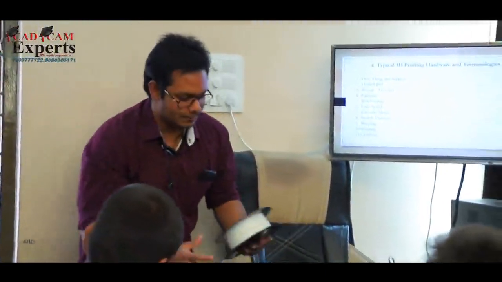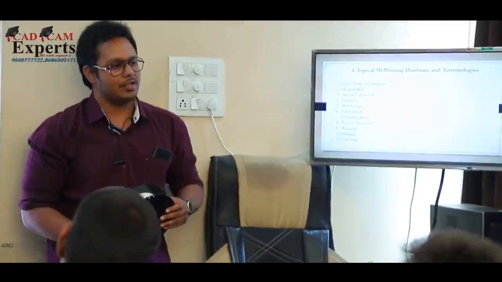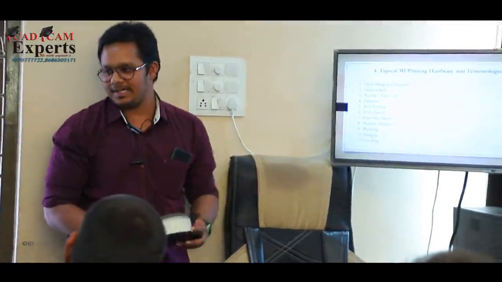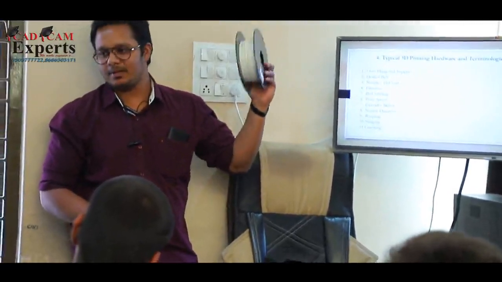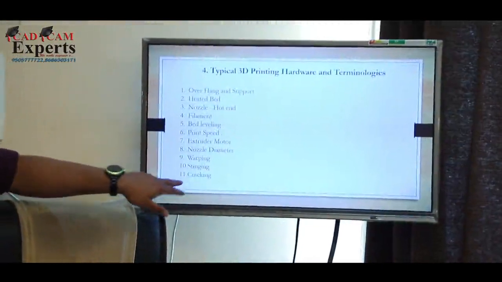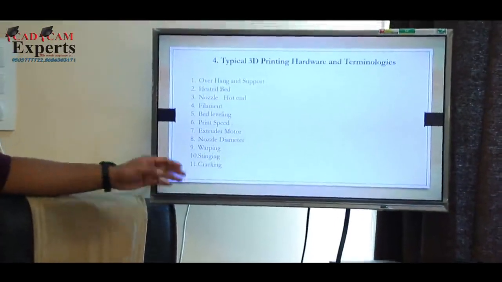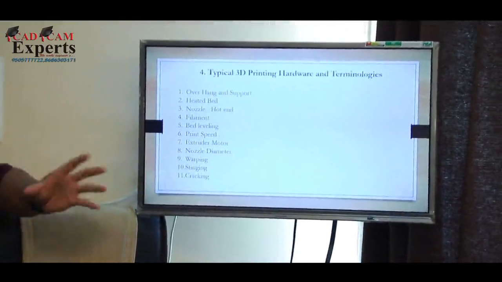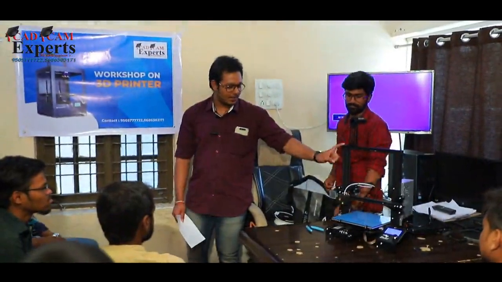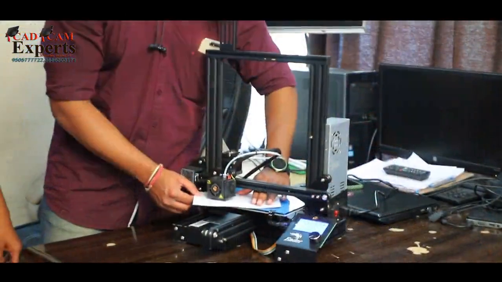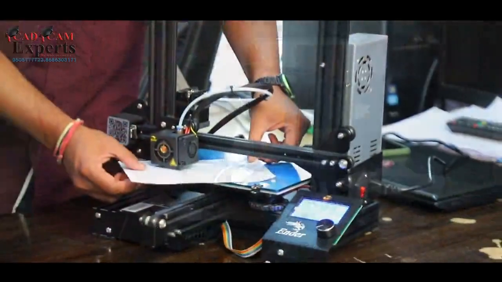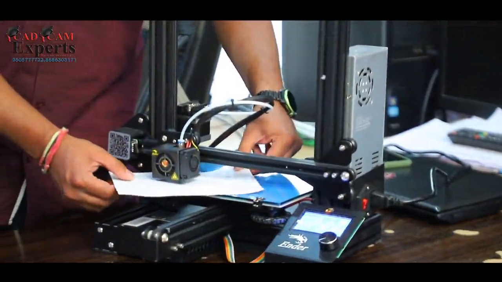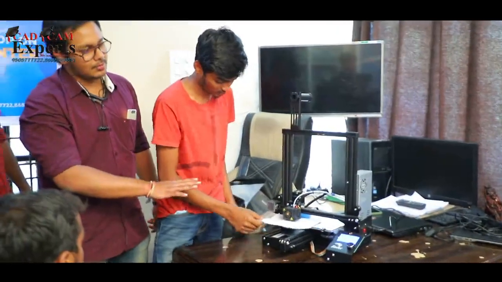Filament. I will be going through each and every characteristic of the filament in detail. The particular filament I have in my hand is called PLA filament. It comes with warping, stringing and tracking issues. These are the things where again we're going to do some discussion. You guys can see how hard or how easy the paper moves. The paper moves very slightly. It's not too free and it's not too tight.